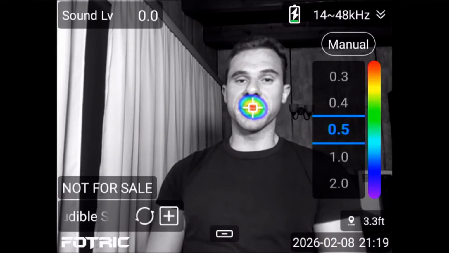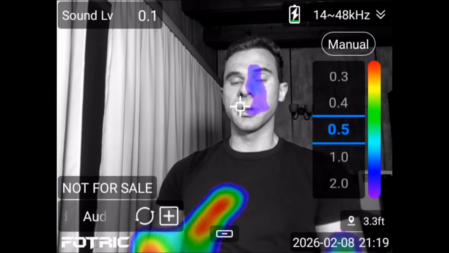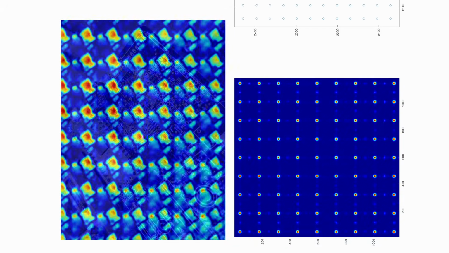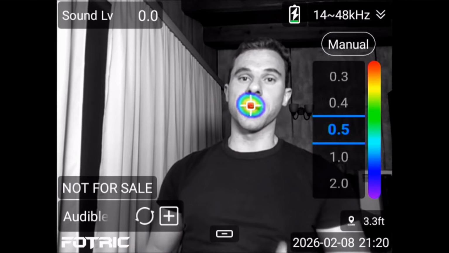is a camera that can take pictures and videos of sound. But how does that work, and what does this have to do with it? In this video, I'm going to run through how this can take a picture of a sound wave. Since I put out the video on my senior design project, which was an acoustic camera,